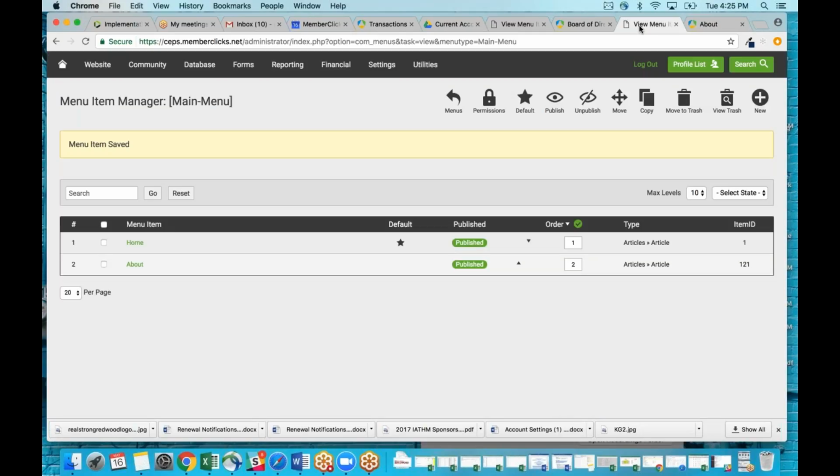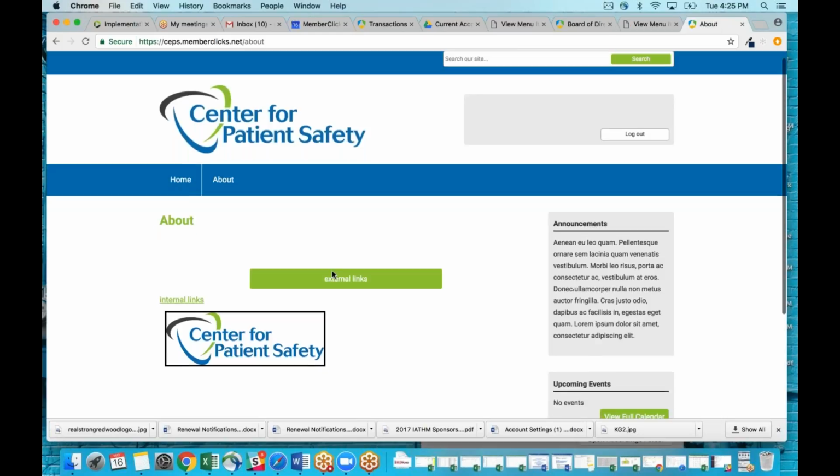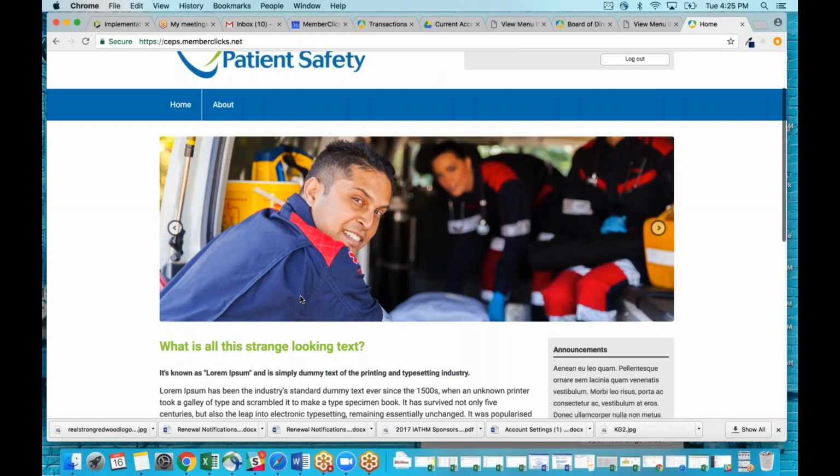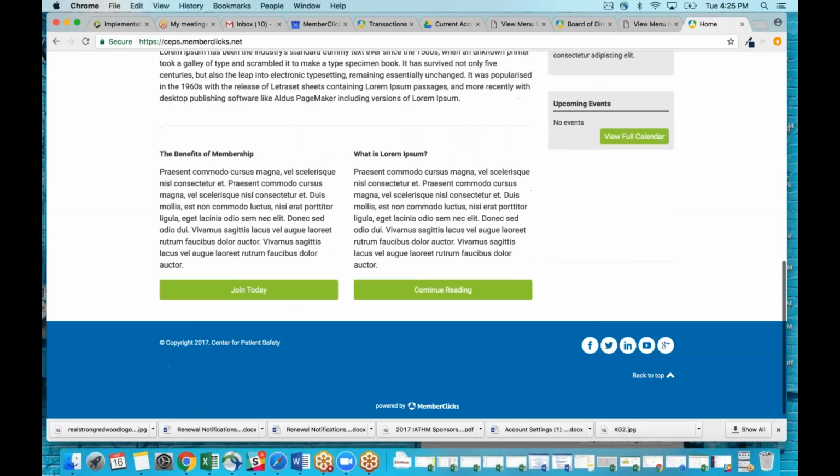So I'm going to go ahead and navigate back to the administrative side of our site. And the next thing I want to talk about are widgets. So your home page, if I go back home, all of these pieces here are comprised of widgets because that's what allows your website to be responsive. If I look at your website on a cell phone, which I would totally recommend taking a look at because it'll make sense,